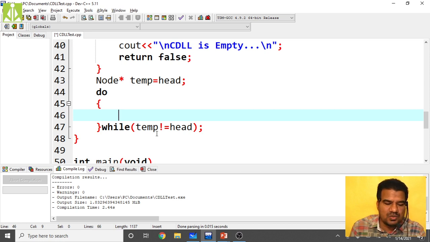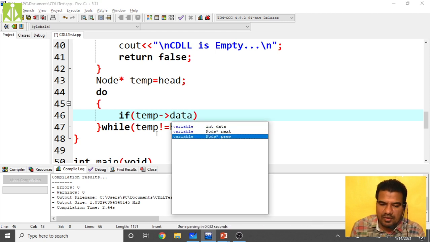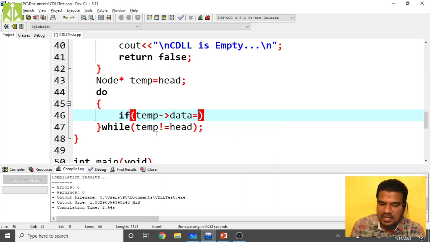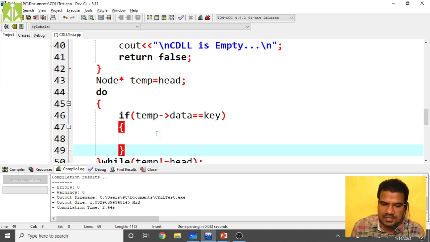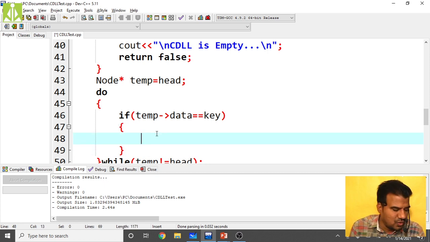So inside this, if my temp of data is becoming equals to key, then I have to return true.